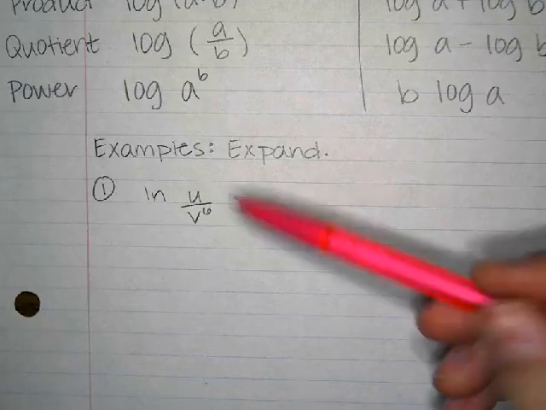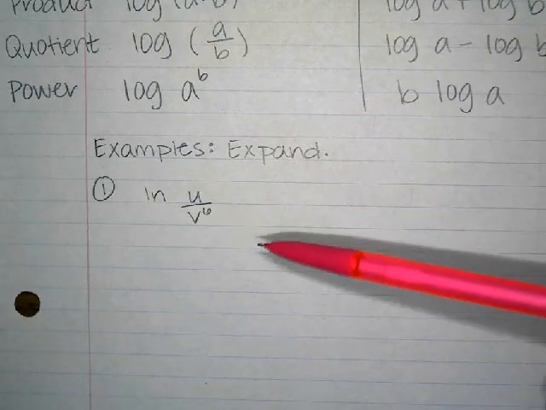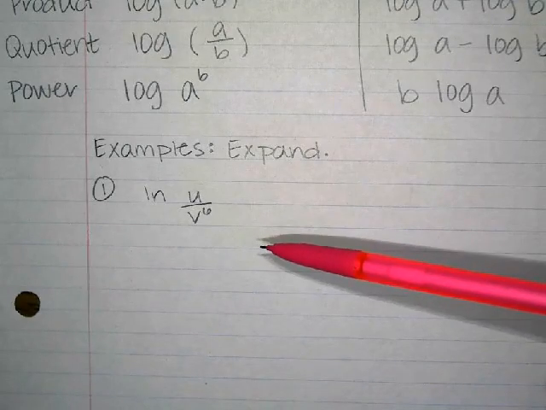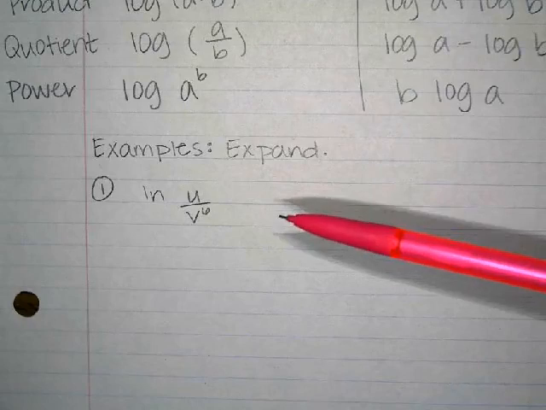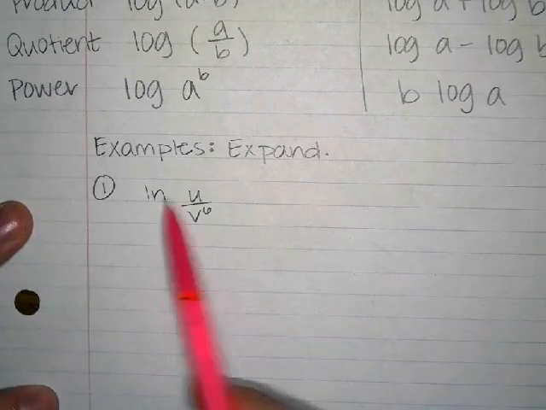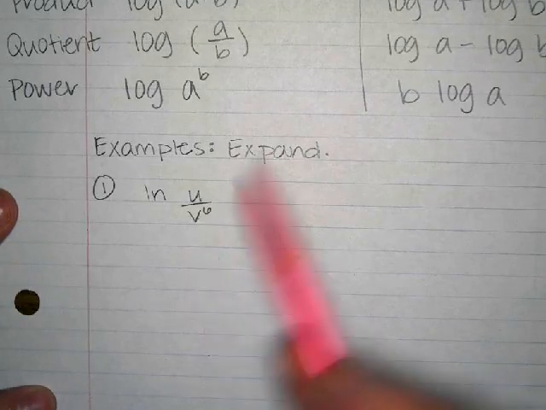Twice. There's 2 variables. I'm going to write it twice. Okay. So for the first one, I'm going to write the u. For the second one, I'm going to write the v. Because there's a division symbol, what am I going to have in the problem? I'm going to have a minus. Okay. So ln u minus